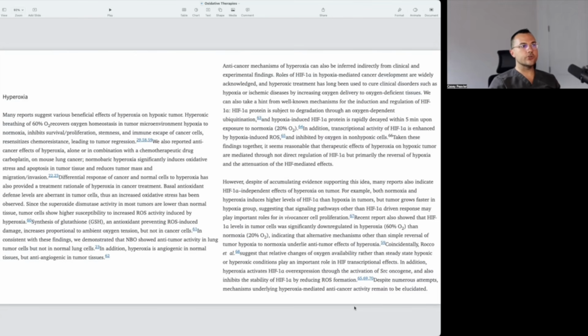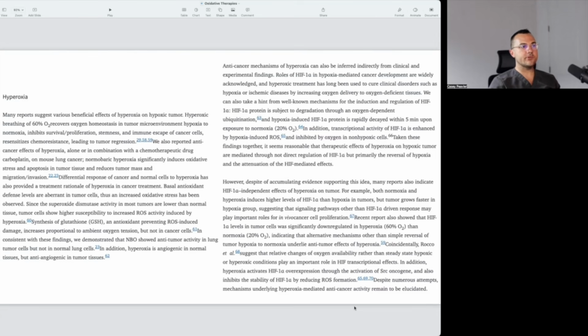Recent reports also showed that HIF-1 alpha levels in tumor cells were significantly downregulated in hyperoxia, 60% FiO2, compared to normoxia, 20% oxygen, indicating that alternative mechanisms other than simple reversal of tumor hypoxia to normoxia underlie antitumor effects of hyperoxia. Coincidentally, Rocco et al. suggested that relative changes in oxygen availability rather than steady state hypoxia or hyperoxia conditions play an important role in